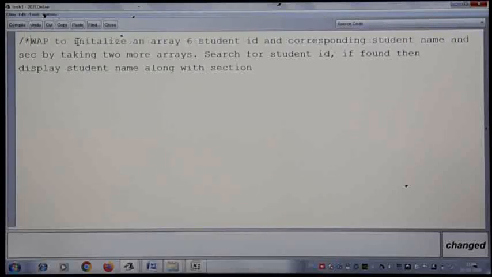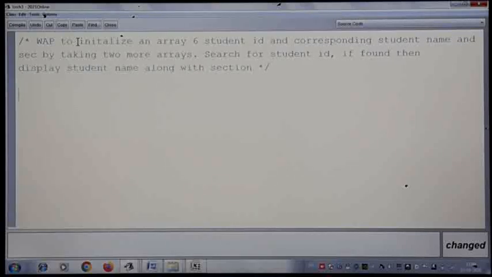So let me make the question a comment now, the description of the program. Since we are initializing an array, there is no reading statement, directly I'll start with the program. So let me take LSearch3 because last class we worked on 2. So this is the third question we are practicing today. Then this method name I can change, in BlueJ you can write any method name here. And also I told you last class you can make the method static, so no need of creation of an object.